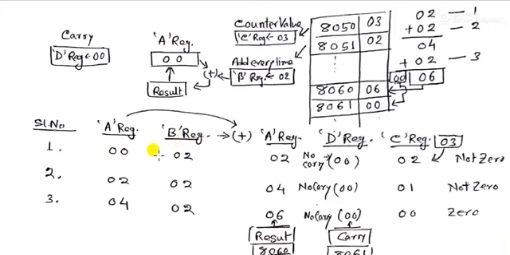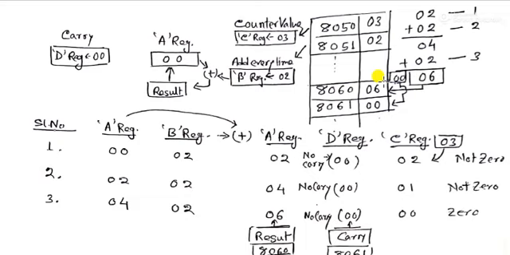That's 00 with 02, and the result will be stored at the accumulator. So the result, the accumulator register, A register, will be 02. Here we consider the carry, because if carry is generated, we have to increase this register value every time. We have to calculate how many times the carry is generated and increment the D register every time, because if the number exceeds 8 bits, then we have to count